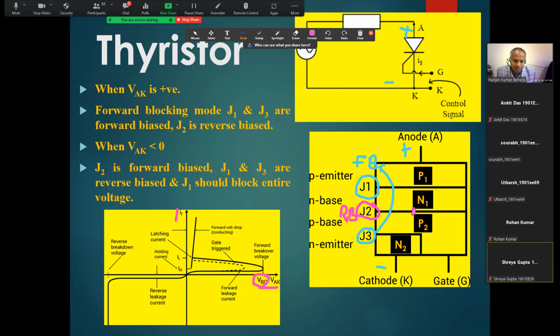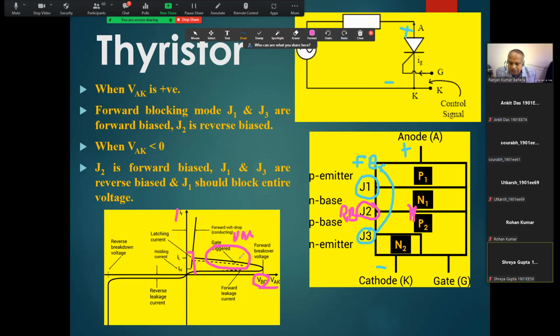Similarly here, at a certain voltage a channel will be created and there will be breakdown, and there is current flow. A large number of electrons will flow through that channel to the P2 region, and immediately a channel will be formed by which the thyristor will conduct some current. This current and this region is called the unstable region.